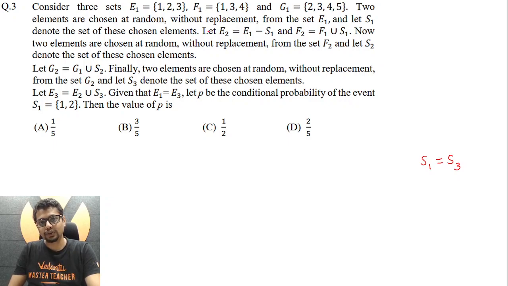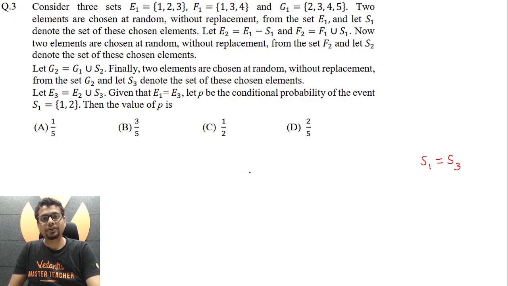When you select 2 elements from E1 and get S1, S1 will have 2 elements. That means E2 would have 1 element, and the same E2 is being used here also. Again, this S3 would also have 2 elements. Hence, for E1 to be equal to E3, if you think carefully, it essentially means S1 should be equal to